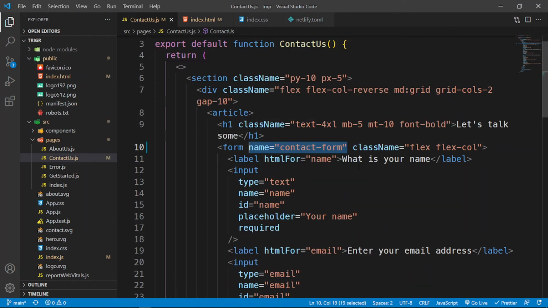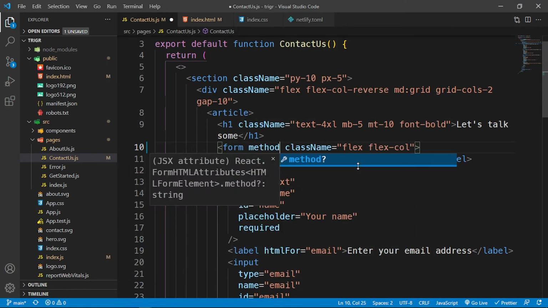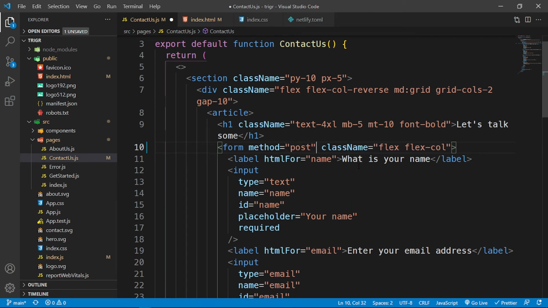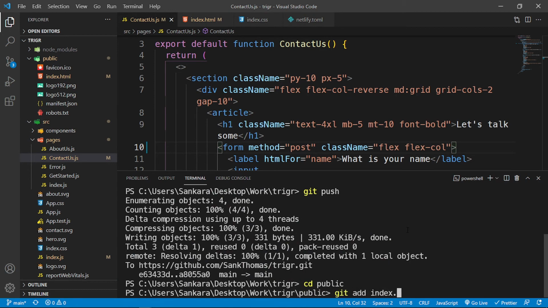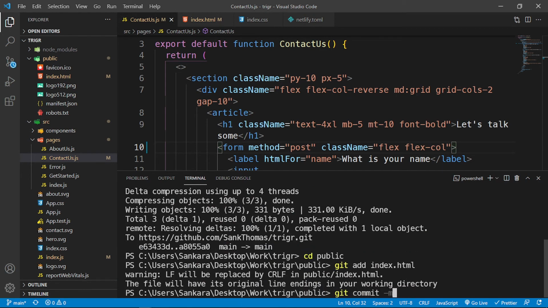I don't think we need to add this here, but we need to add a method of post for this so that we don't expose the data once we submit the form. So let's try that again. Okay, so let's cd into public, let's say git add index.html and git commit, let's say add name attribute